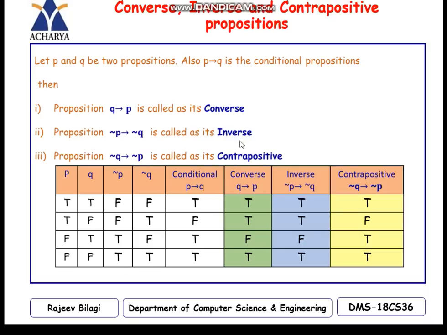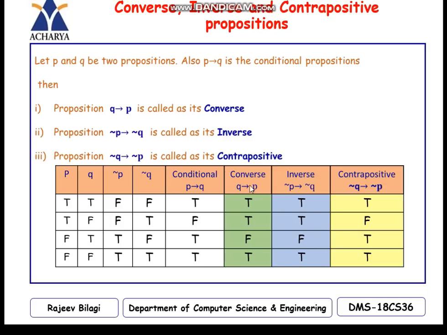Now inverse is negation of P then negation of Q. To write this I need the negation of P values. So T is F, T is F, F is T, F is T. Similarly I have written it for negation of Q. So the inverse statement, by considering these two, column number 3 and column number 4, T and F. In the third row it is F and all other values will be true. Now this is the inverse.